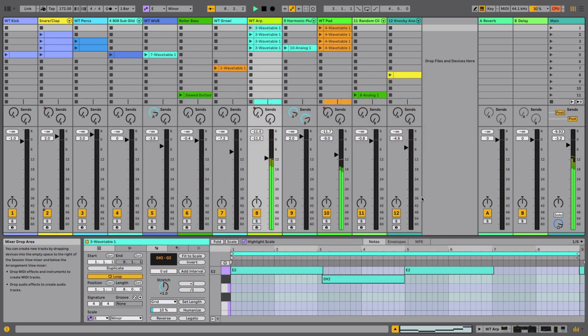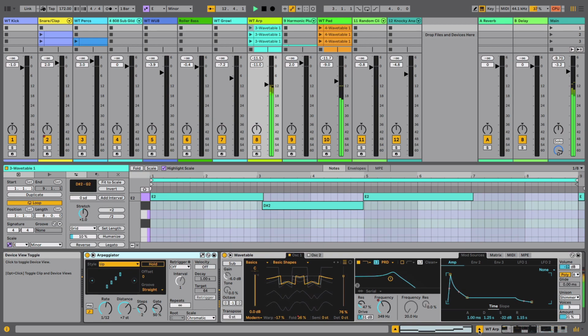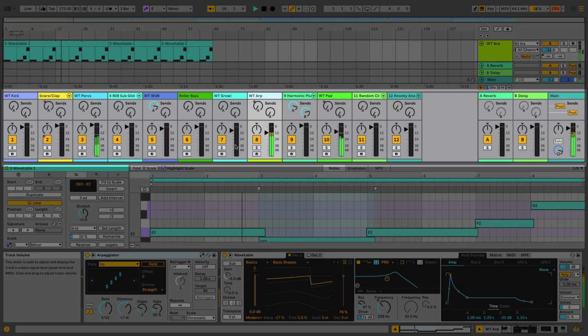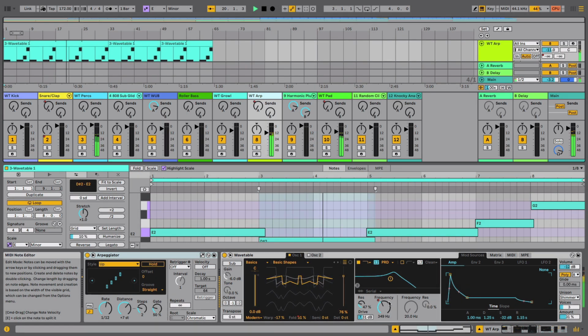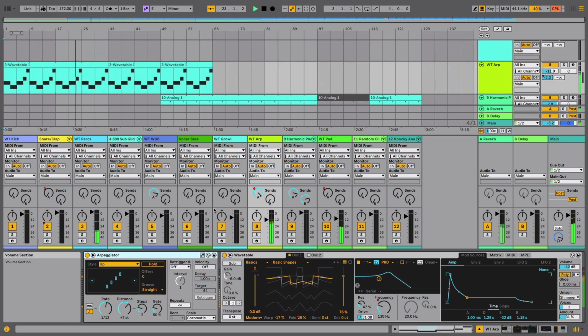To get things started, you can see right away that everything looks way more elegant and way more slick. And down here on the bottom, I can show my clip window, and I can also show the device window at the same time. This allows me to see both views, and if I'm on the arrangement view, I can hit Option Command M, and I can also see the mixer. So this is really, really slick for being able to arrange down your songs and see the mixer at the